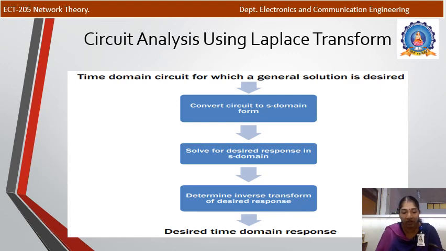So if you get a circuit, and the question asks to find the time domain response or transient analysis, something like that, first we will convert it into the S domain, and then we apply the nodal or mesh equations, etc., and we get a set of equations, and we solve that, and we get the parameter value V(s) or I(s), and then we take the inverse Laplace transform. That will be the time domain response of the circuit or the system.